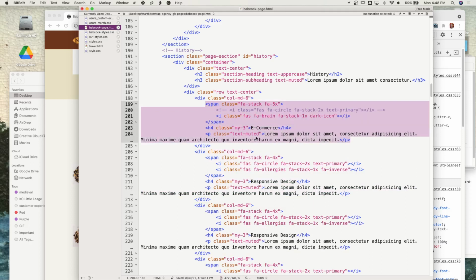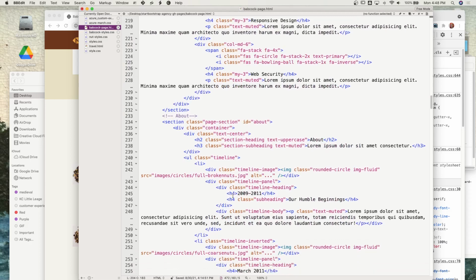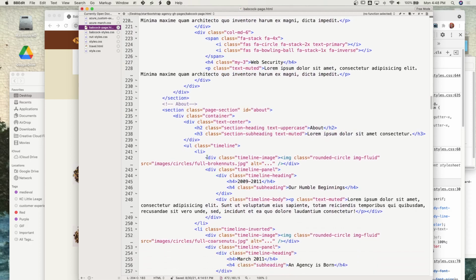That's not what I want. I want the innards that I have on the timeline to replace this. So I'm going to go down to the about timeline here, and here's the list item that opens and closes here, but I don't want the list item structure. I want the innards though. So I'm going to take all of the innards there from that opening division. It closes here to another opening that closes here. So I'm going to copy that